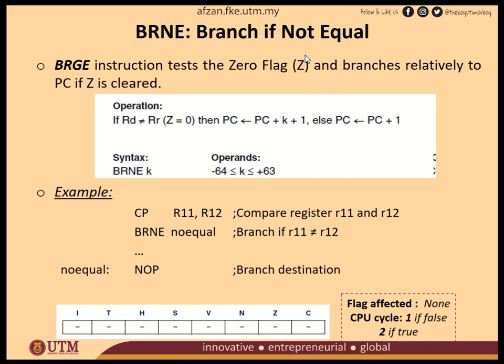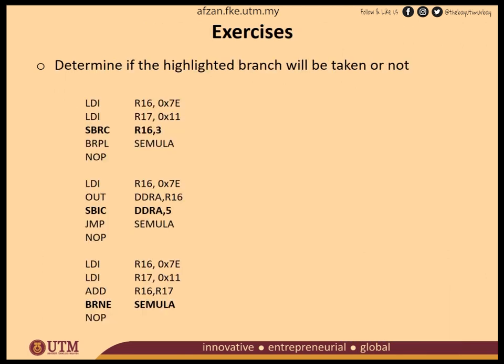Okay, let's look at some exercises here. Determine if the highlighted branch will be taken or not. So the first instruction here: LDI R16, 0x70, LDI R17, 0x11, SBRC. So what does the SBRC do? The SBRC means that you want to skip if the bit in the register is clear. So first, what you're going to do is,